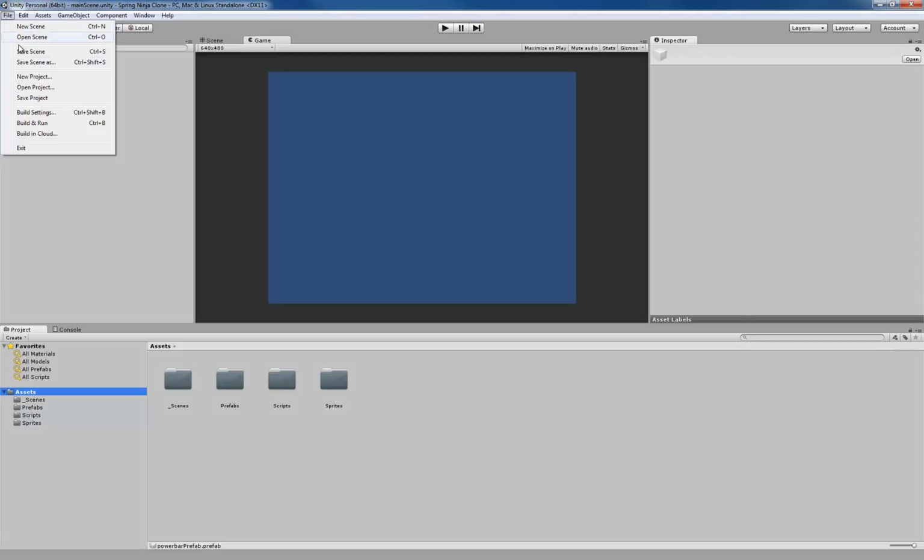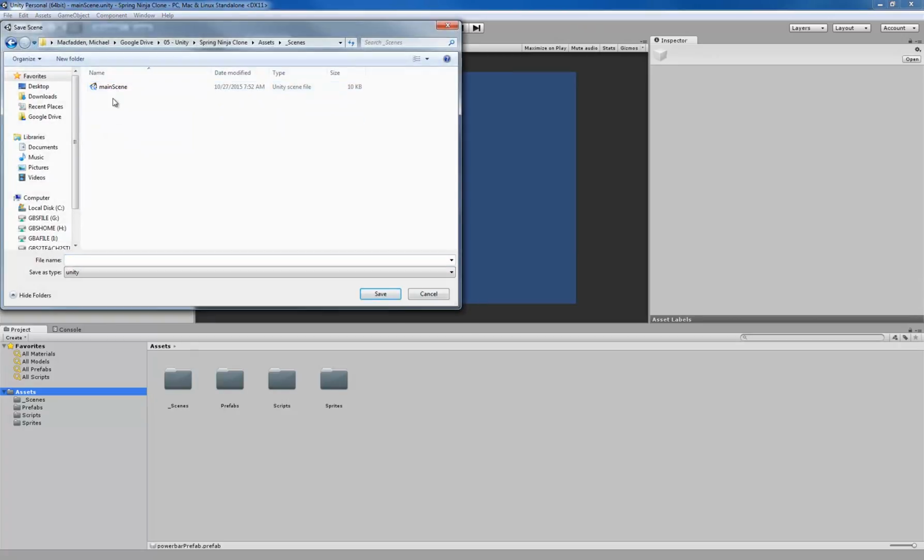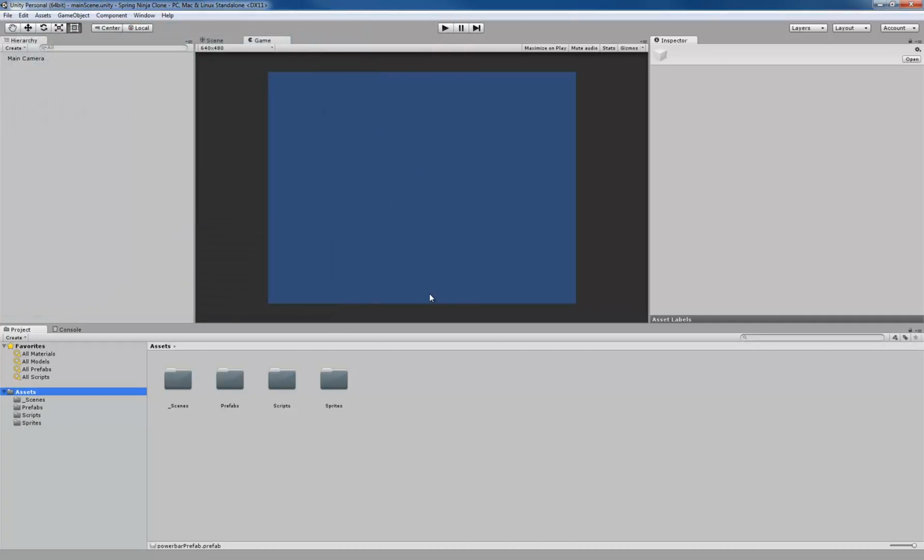So you'll just go to File, Save Scene, choose the folder that you want to save it in. I've already done this. I'm going to go to Save As Scene to demonstrate. Choose your scenes folder and then call it main scene. Pay attention to your spelling, capitalization, etc. Once you have done that in your main scene, and you'll see it named up here in the top informational bar here,